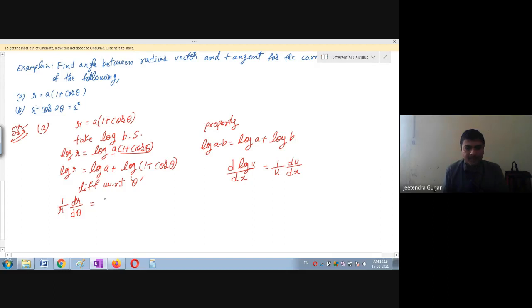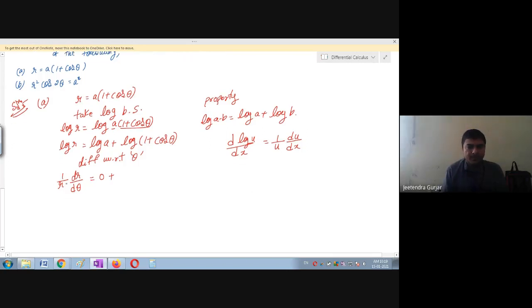Yes, very good, your answer is correct: the differentiation of a constant is 0. Please don't get confused. Keep in mind that the differentiation of a constant is always 0. So a is constant, log a is also constant, therefore its differentiation is 0, plus